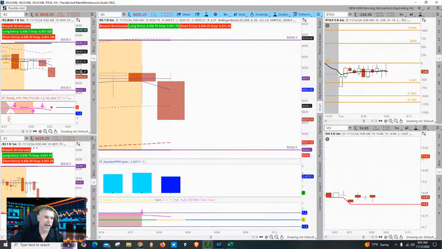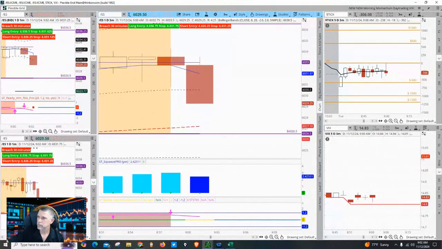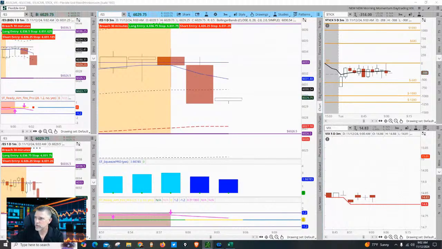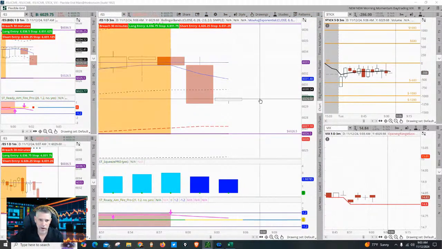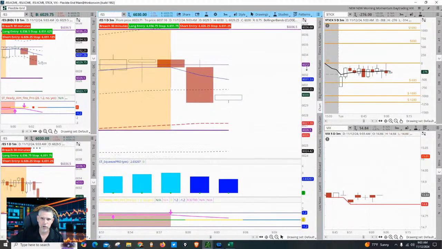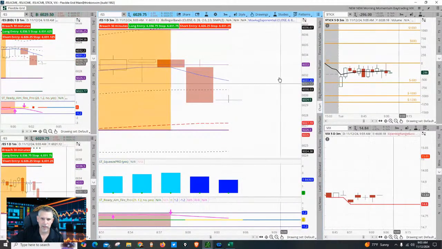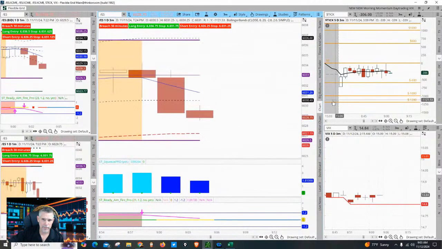Interesting. Again, I could shift at any moment and go short. I think what I'm going to do is I'm going to go ahead and clear my active trader out. This kind of gets a mix. I'm going to go ahead and delete these lines. The software draws it. I don't like it to extend all the way out while I'm trading. This is how I want to see it.